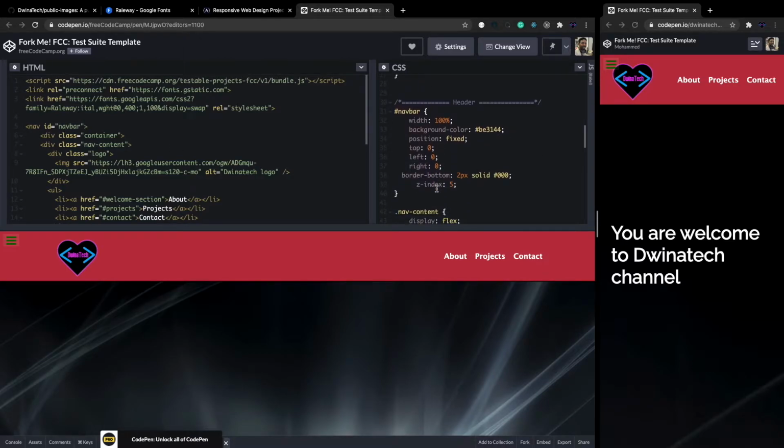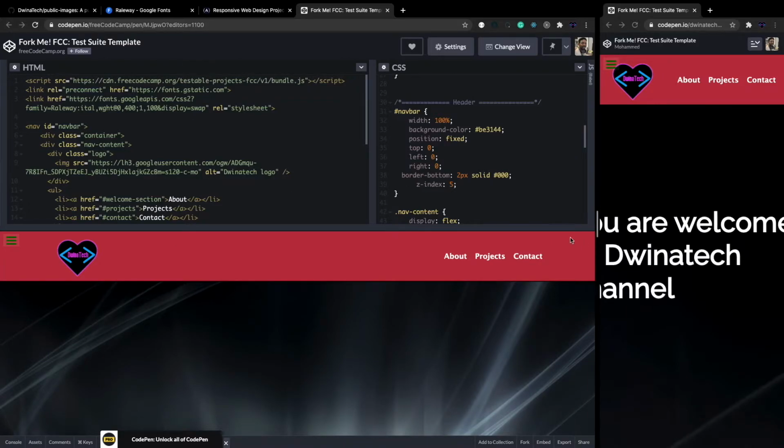And for this nav we are applying width to take the full 100 percent of the screen width, and also background color, which is this dark red, and also a fixed position. So when you move the screen, the navbar will be fixed, it will not move with the content. And also top 0, left 0. So here it will take top 0 and left 0, right 0. And